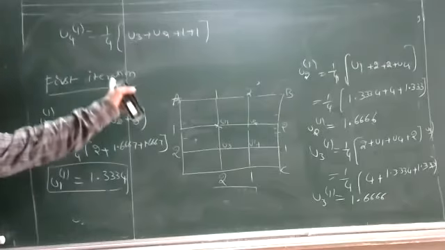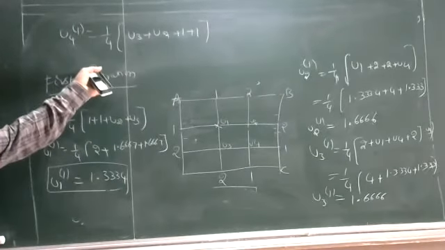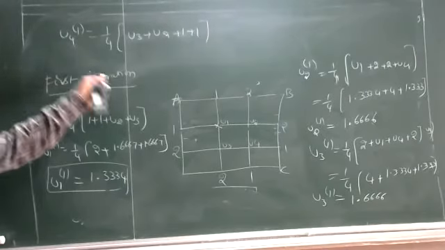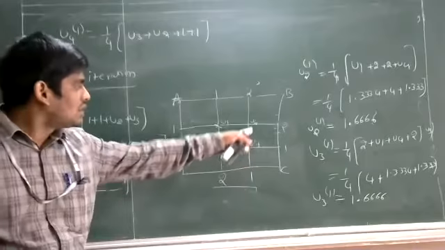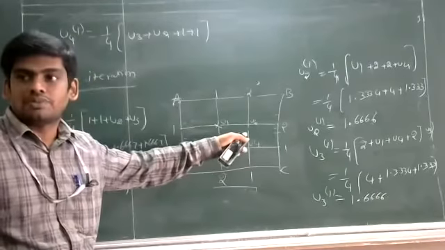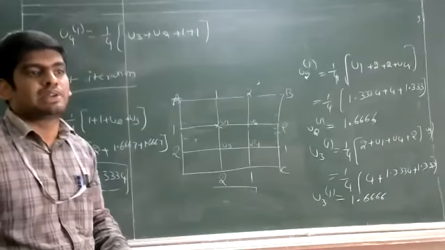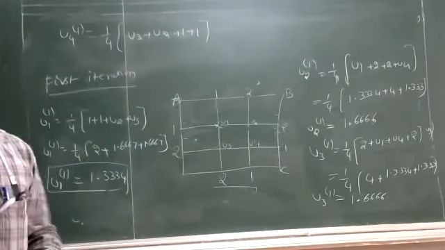So you observe that here diagonals are unknowns. Diagonals are unknown, so we are using the symmetric property. That means u1 is equal to this diagonal and this diagonal value is equal. So in this square region, u2 and u3 are equal. Right? So we are using the symmetric property. Based on that symmetric property, we are evaluating the values of u2 and u3 by solving the system of equations.